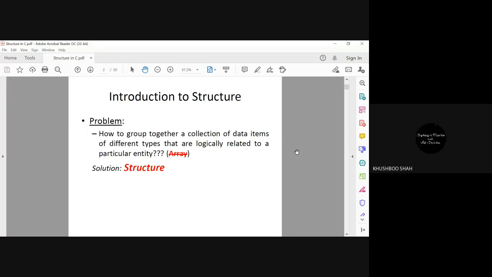Structure is the solution. Fine. Yes, ma'am. And I will share this PDF with you, so you don't need to take a screenshot or write it down. This is the problem, and for this problem we have the solution, structure.